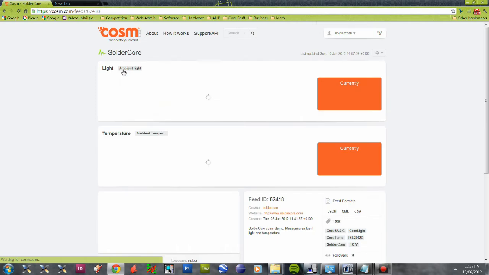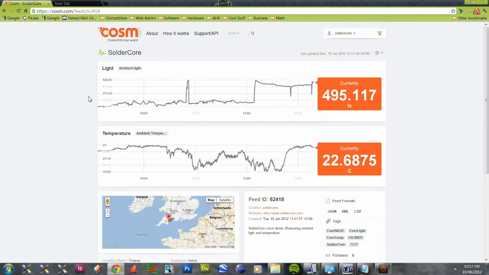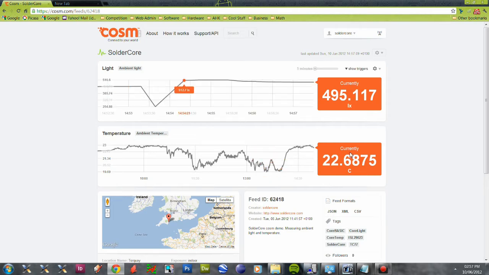If we click on that, what we should see is 2 feeds, which is currently running as I speak, and we are sending to the site both the light level in lux and the ambient temperature, as you can see there. You can also change the scale, so we can move this down to the last 5 minutes. We can do the same down here if you'd like as well. But this is live data, so this is what I'm going to show you how to do today